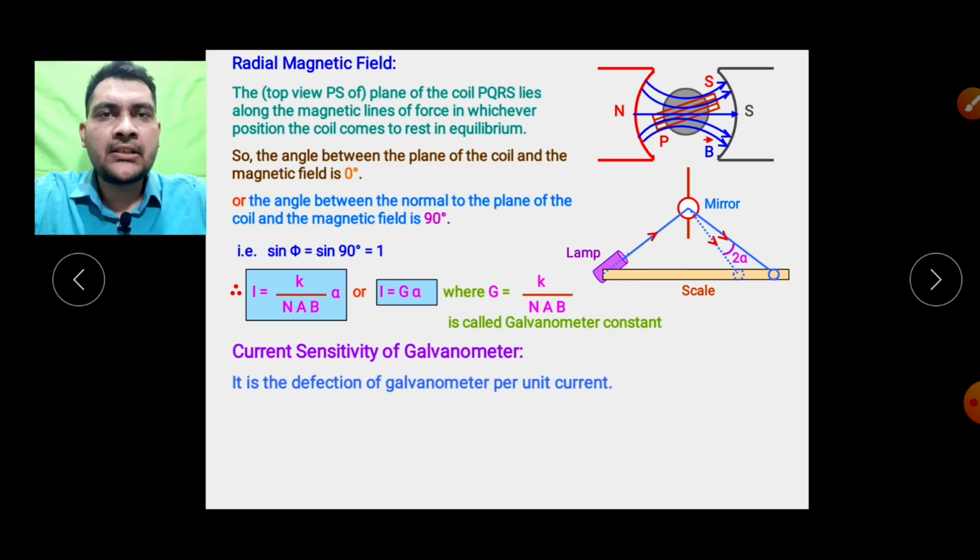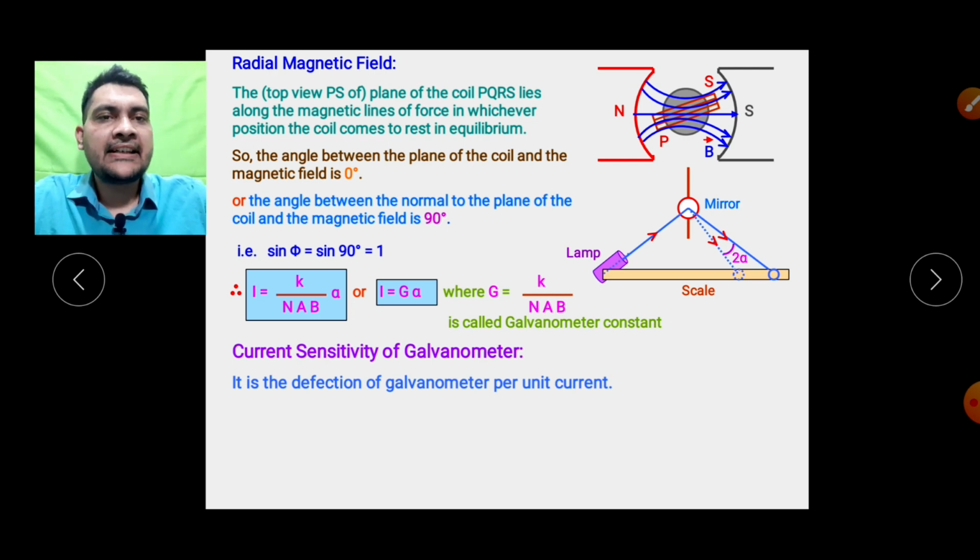So now we have one very important term, that is the sensitivity of a galvanometer. There are two sensitivities of a galvanometer. One is current sensitivity and the other is voltage sensitivity. Now what is the term sensitivity? Sensitivity means how sensitive the galvanometer is to the current applied to it. It will be said to have more sensitivity for current if it gives a larger deflection for very small currents. So if you give a very small current and the galvanometer gives a very large deflection, it means that it is more sensitive for the current.